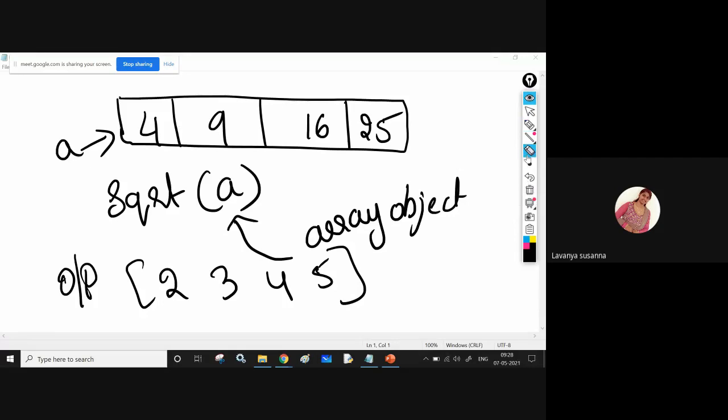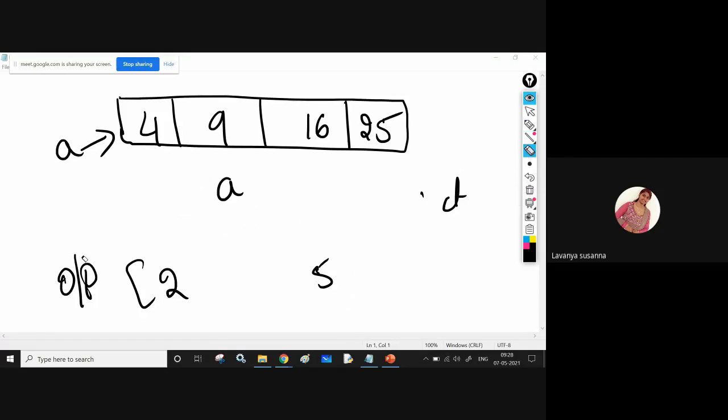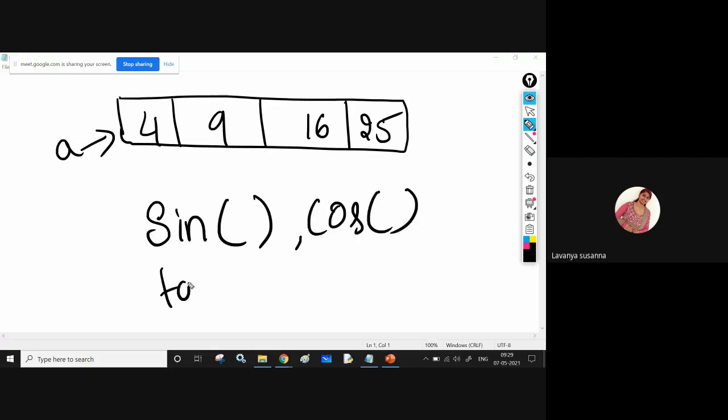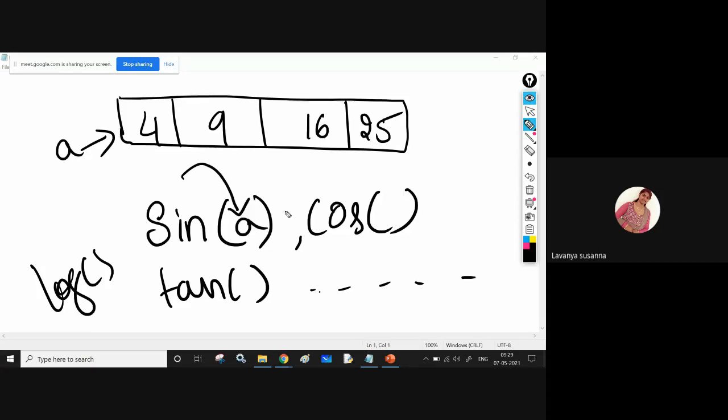Next, see, there are many functions. Next, sine of a, sine function, cos function, tan function. There are many mathematical functions, logarithms. Here you need to pass an array object.